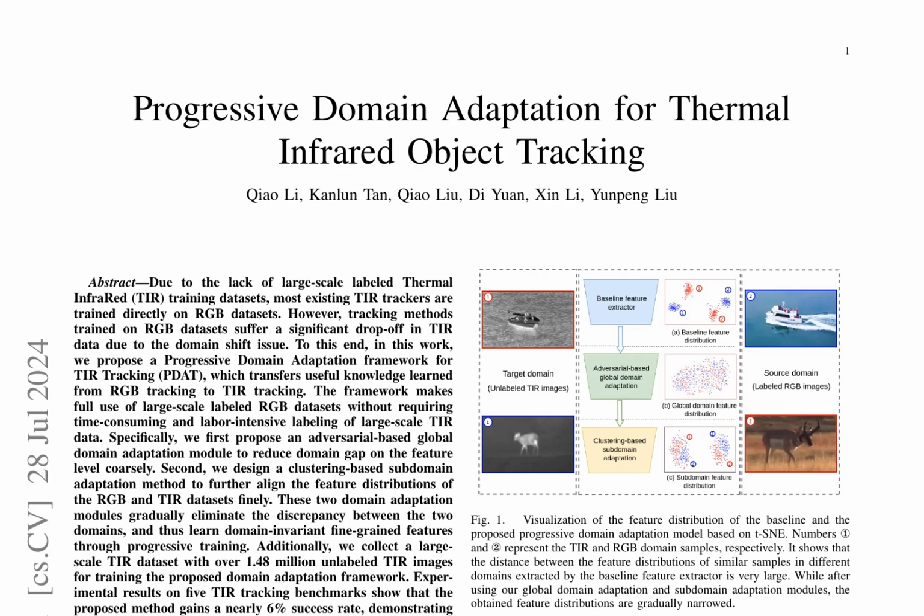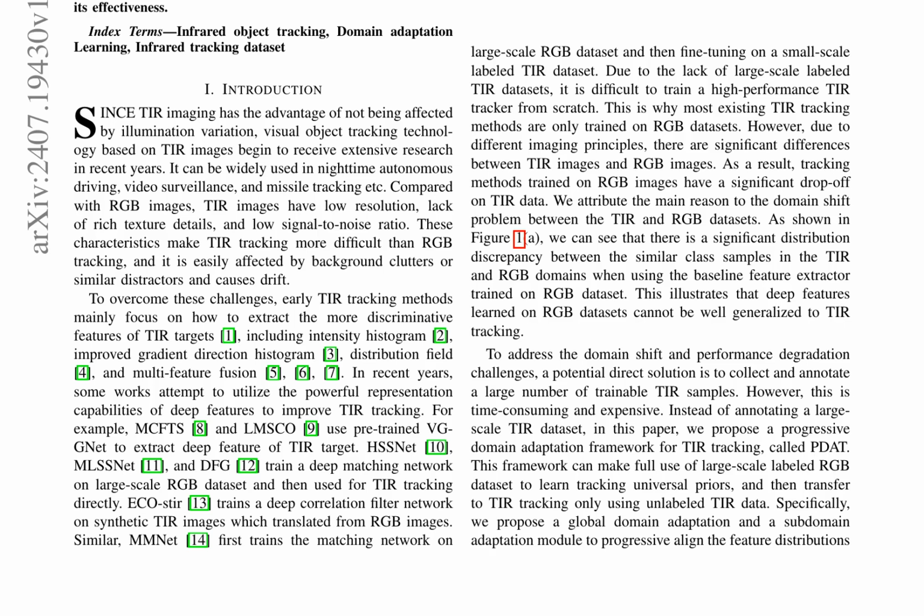Existing TIR tracking methods mainly focus on extracting discriminative features of TIR targets, but they suffer from a significant drop-off in performance when trained on RGB datasets due to the domain shift issue. To address this challenge, a progressive domain adaptation framework for TIR tracking, called PDAT, is proposed. PDAT makes full use of large-scale labeled RGB datasets to learn tracking universal priors and transfers them to TIR tracking